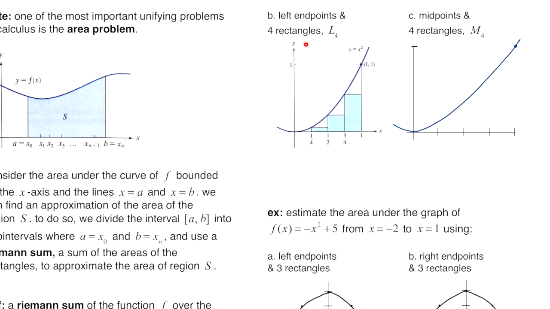For this next example, we're going to use the same curve, and we're still using 4 rectangles, but this time we're going to use left endpoints. So our notation is going to be L sub 4. Since the change in x, or the width of every rectangle, is still 1/4, I'm going to factor that out